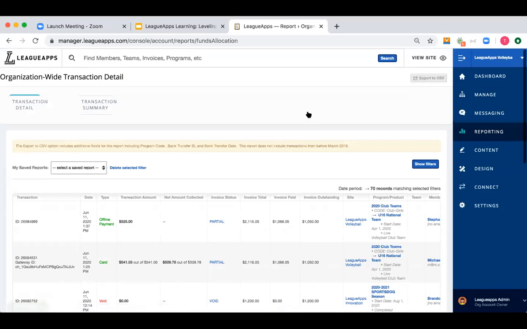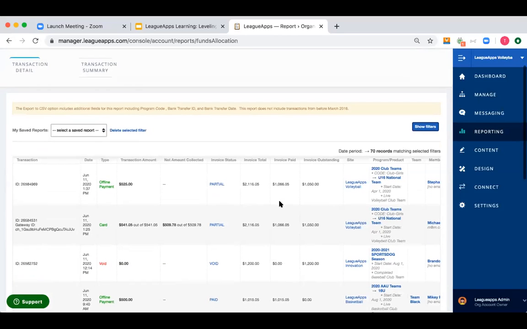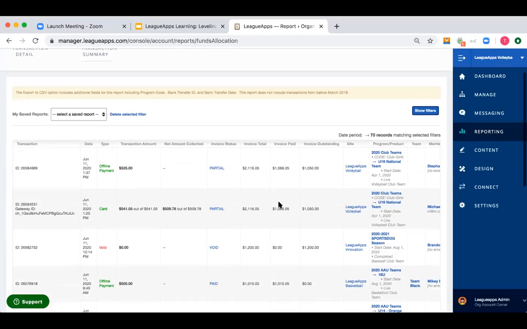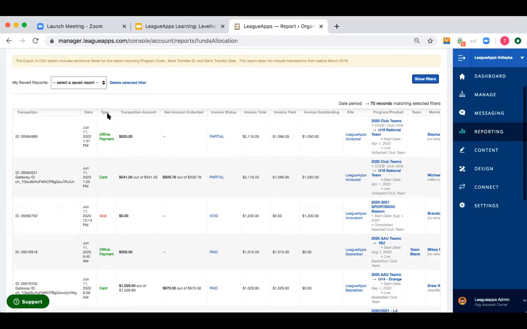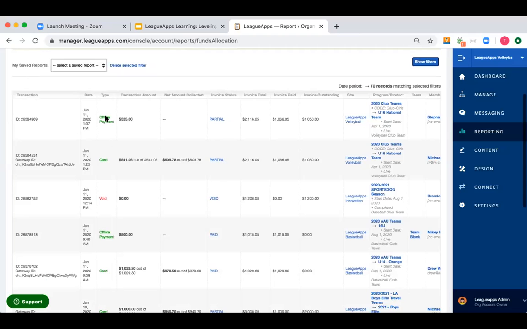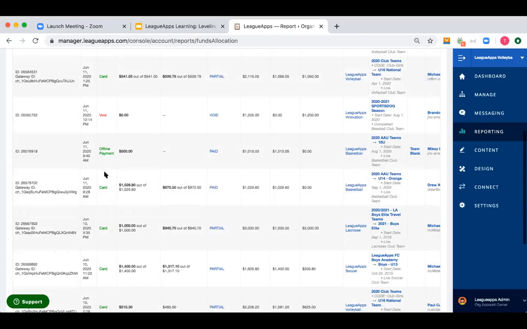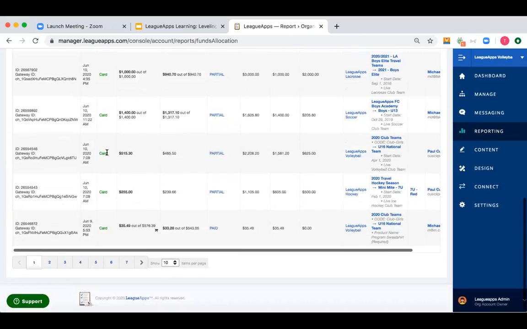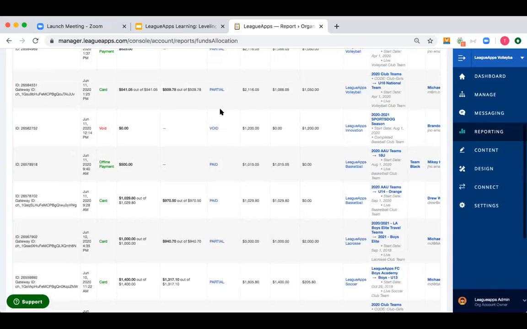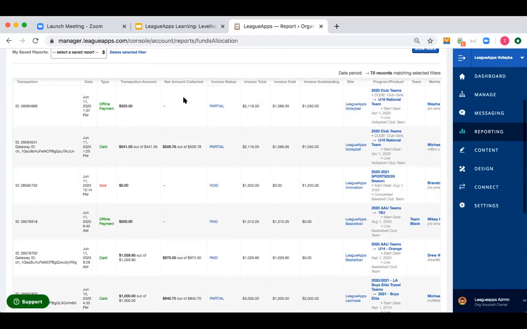So this is going to show all the different transactions coming in across your entire business. Whether there's a baseball payment or a basketball payment coming in, whatever subsite it's coming from, it's going to show up here. And you're going to see the type of payment. It could be a voided invoice, a card payment, an offline payment that was logged. You'll see the payment status in this column, some information about the net amount collected versus the transaction amount,